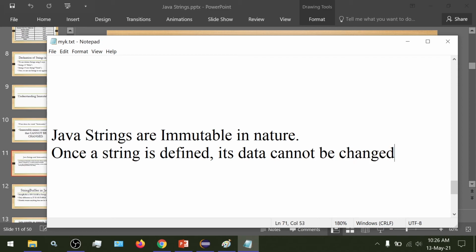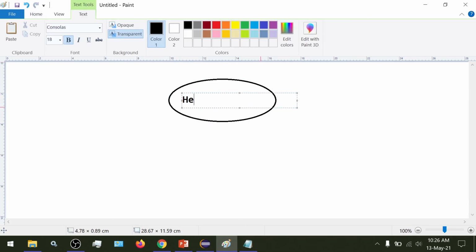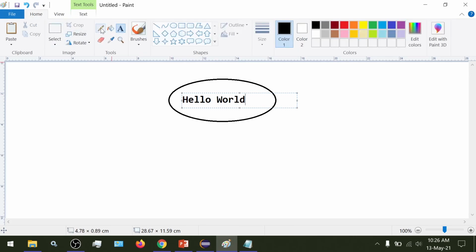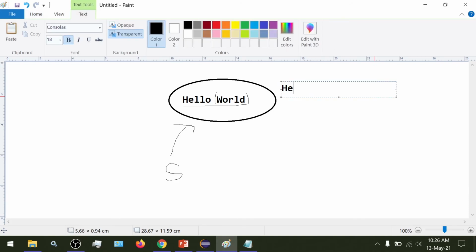So what does this mean? Let's take a look. Suppose we have a string object here, say hello world, and we have a reference s pointing to it. Now if we want to change the content, this hello world, if we want to change the word world and replace it with some other word, so suppose we want to make the string hello human.